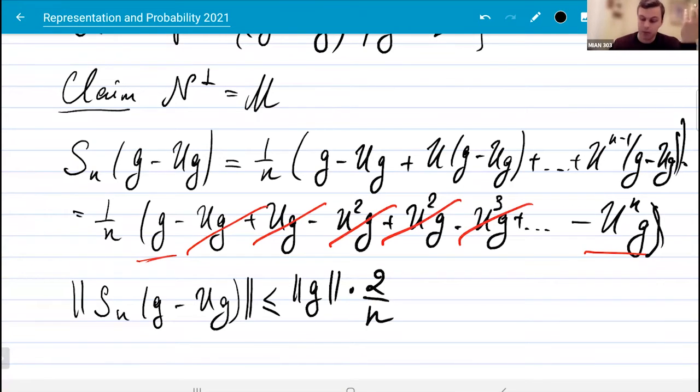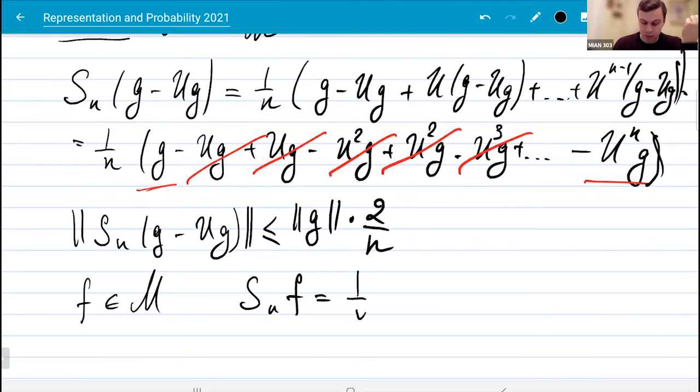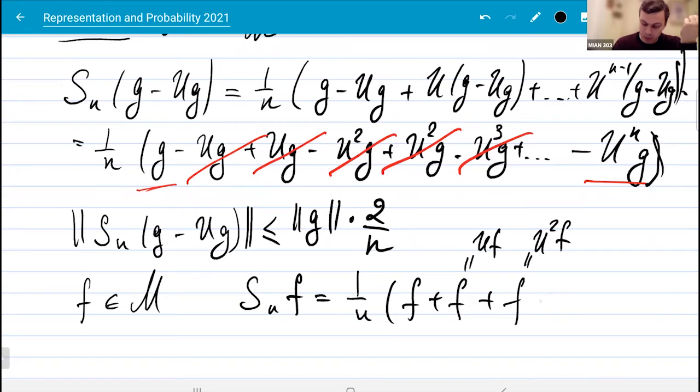On the contrary, if f belongs to M, then Sn of f is just 1 over n of f plus f, which is the same as Uf, plus f, which is U square f, plus f. So it is just f again. So here again, everything is trivial. We have convergence to f, exactly,